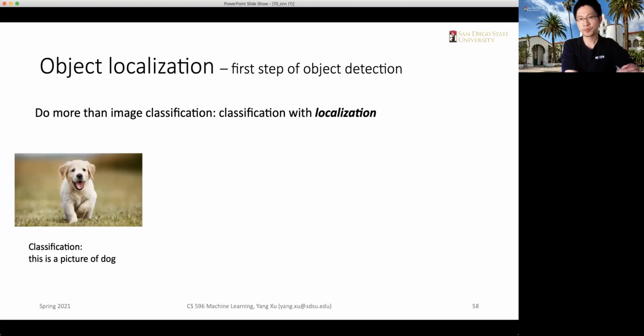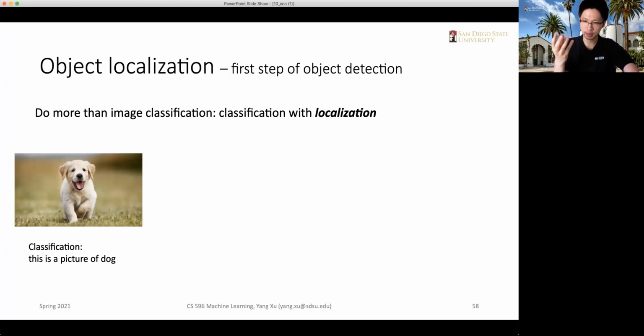So the first step towards object detection is that we want to do more than image classification. We want to not just classify the image, but also provide a localization, find the location of